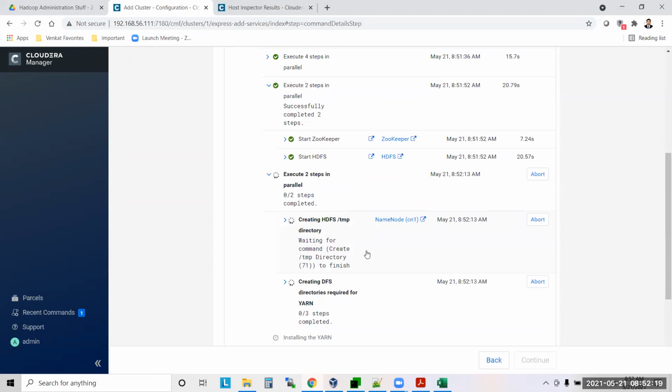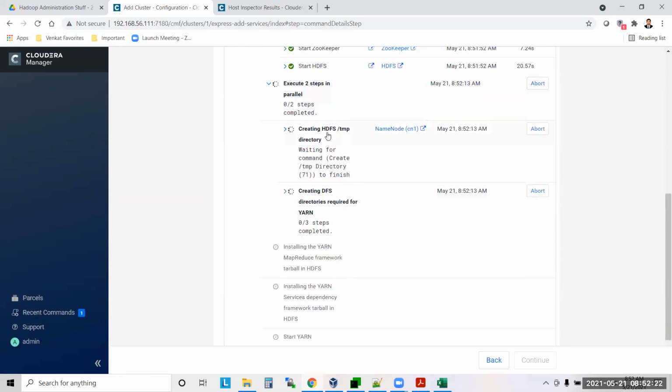Yeah, start HDFS also done. Then it is executing, creating a temp directory on top of HDFS, and it is creating all the directories required for the YARN service also.